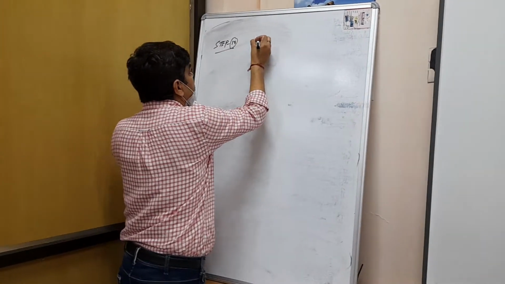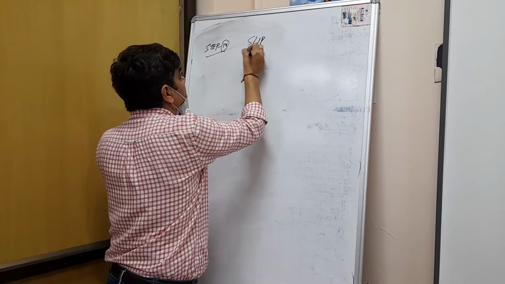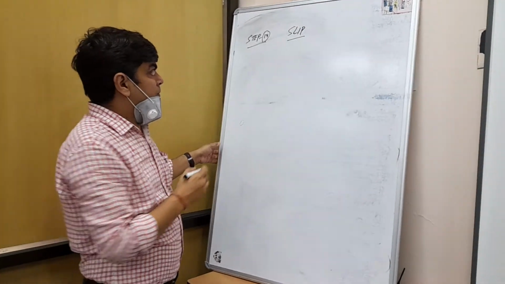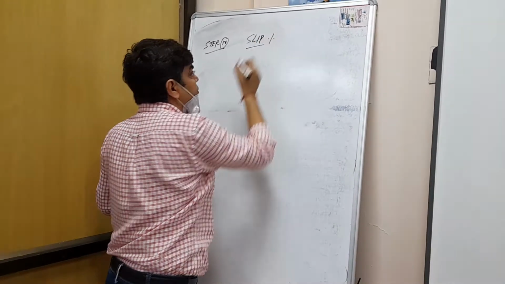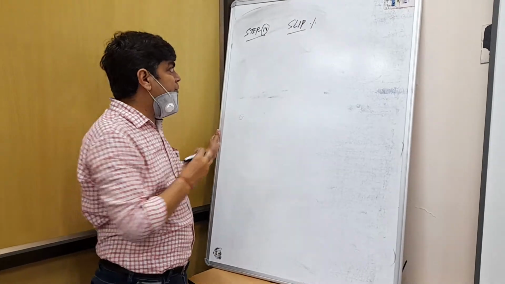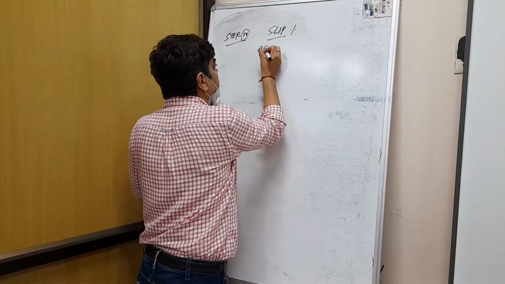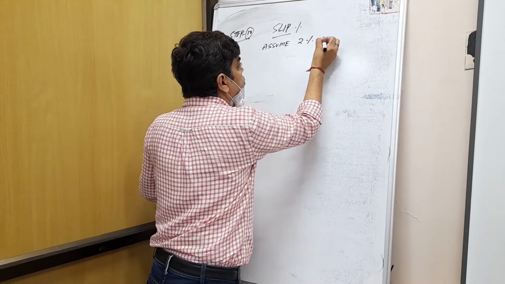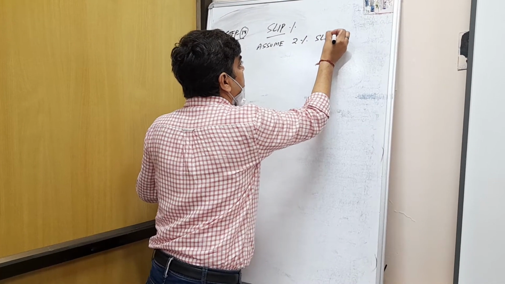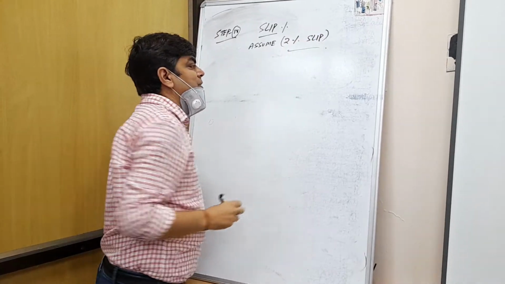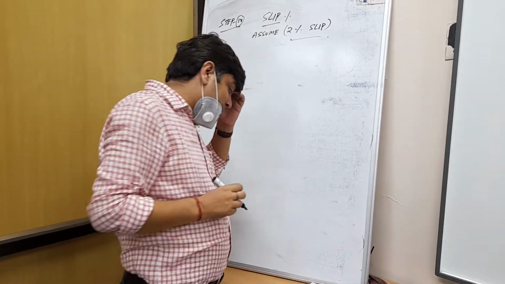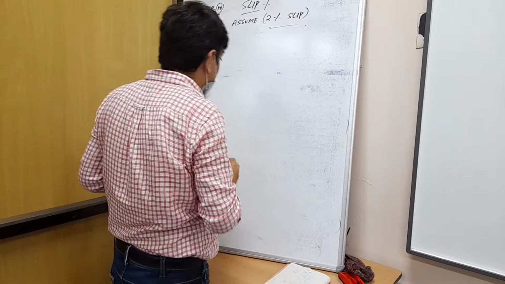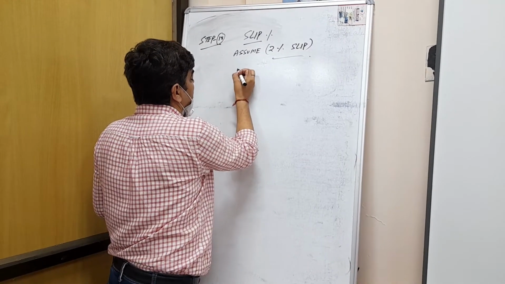That is step 4, your slip percentage. Generally, in the case of your flat belt drive, you assume 2% slip. Assume 2% slip. Now, as far as your belt drives are concerned, we make use of